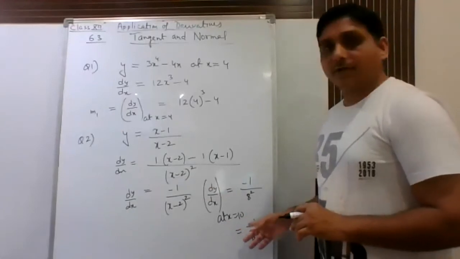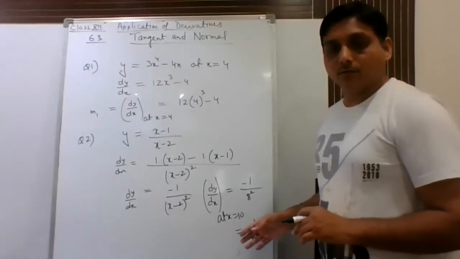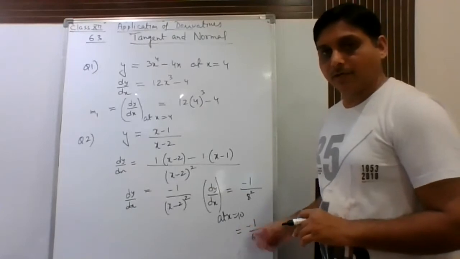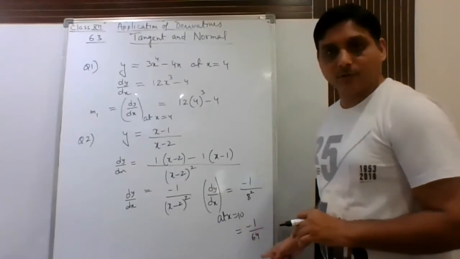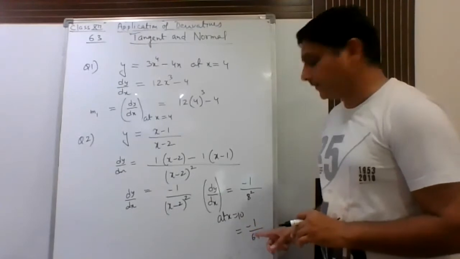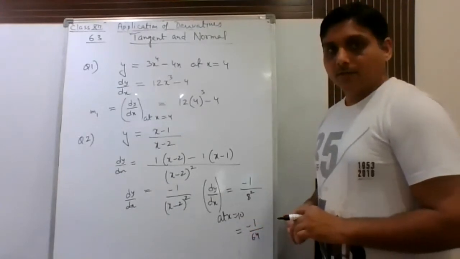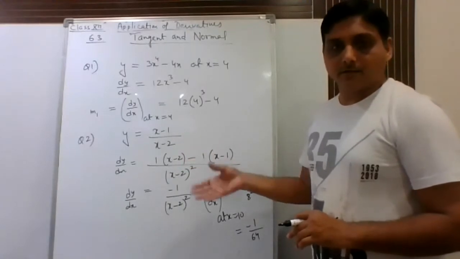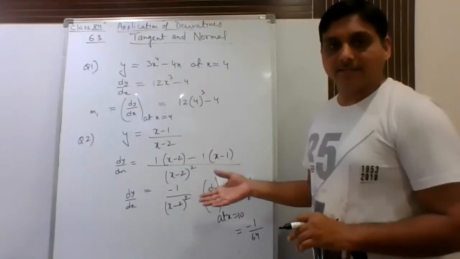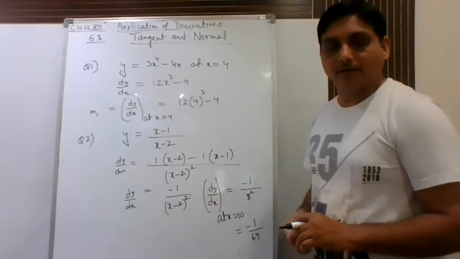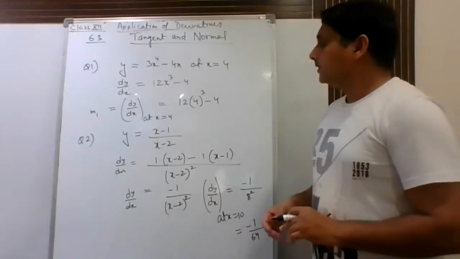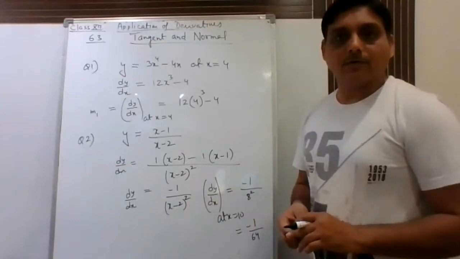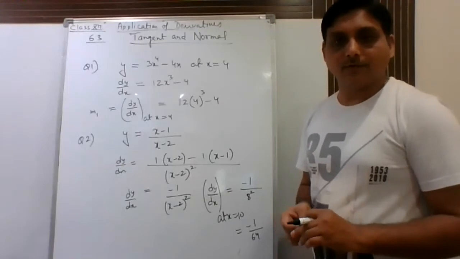Now, suppose someone is asking you to find the slope of the normal at x equal to 10, then that will be the reciprocal with a negative sign. So it will become 64. The point is, you just have to take the derivative, and then whatever x or y is given, just substitute the value and you will get the final answer. After this, let us do question number 5. You can start with question number 5.